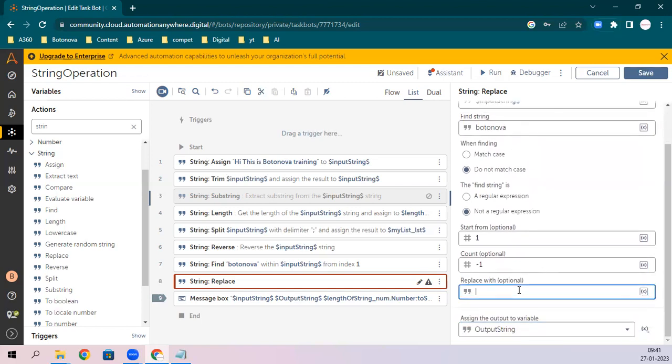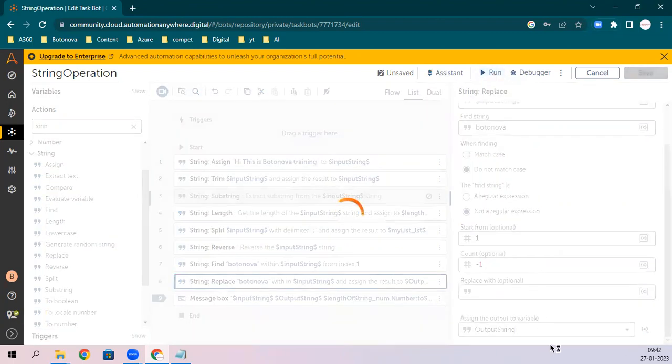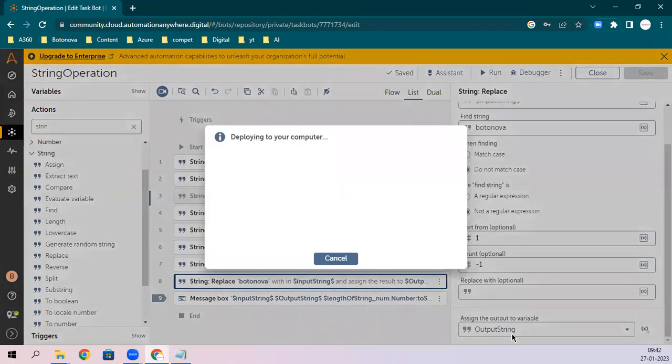Okay, let me replace it with 'hi, this is', then a space. I want to remove this, 'hi, this is training'. So I just replace it and assign the output to my output variable.